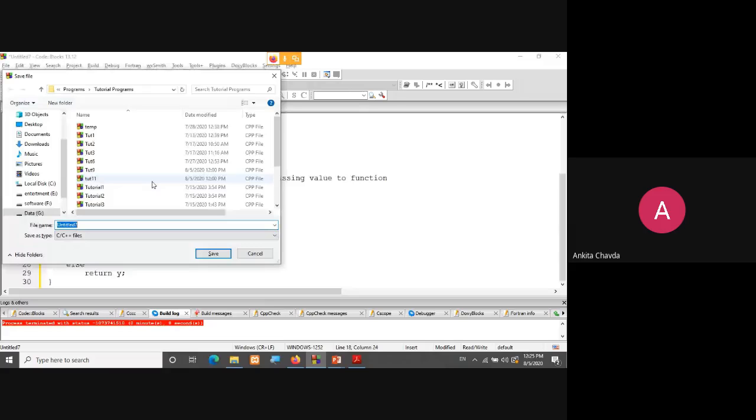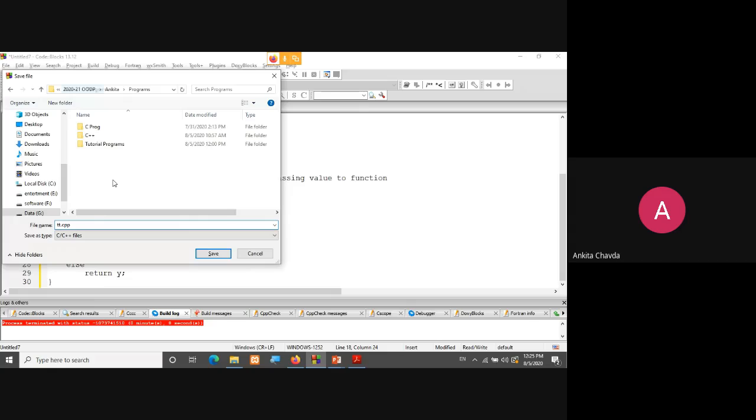We already have call by value and call by reference, right? For call by value, I will simply copy it here. Control S, p.cpp. This will be my temporary file.